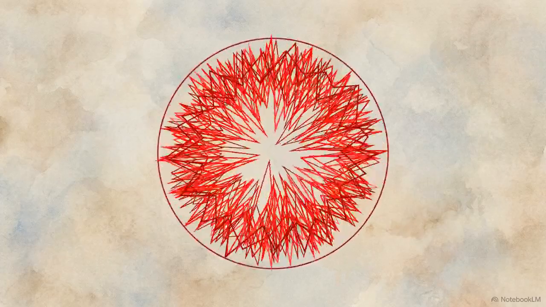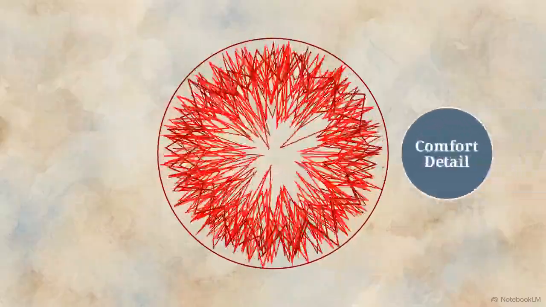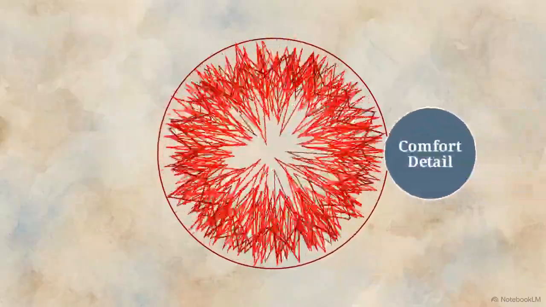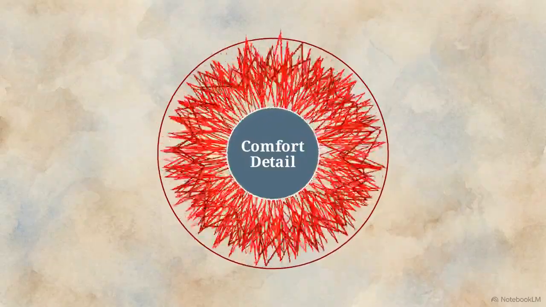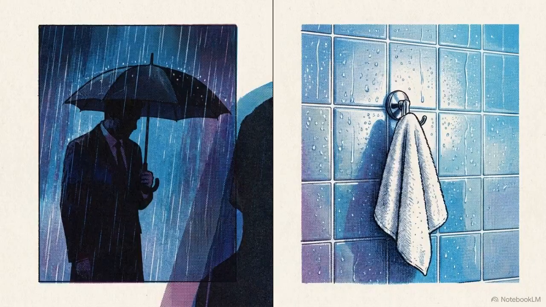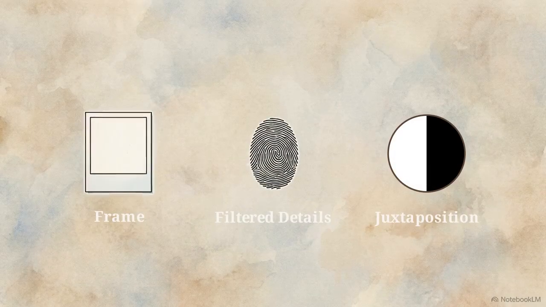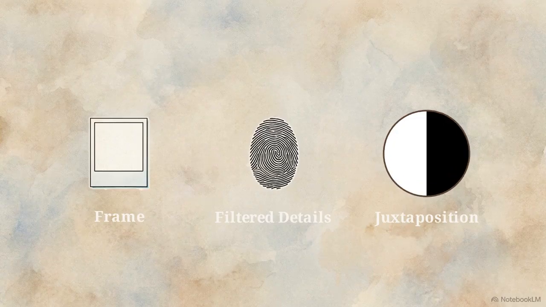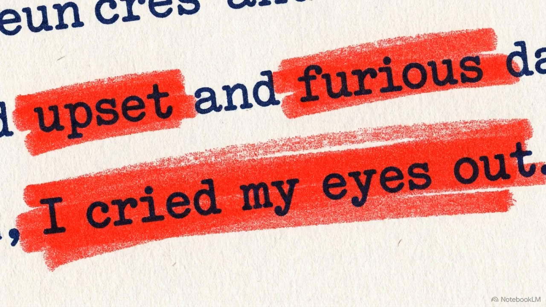Look at the memory you selected earlier and identify one ordinary or comforting detail that directly contrasts with the main conflict of that memory. Engineering a collision of opposing visual elements forces the reader to experience the emotion without being told what to feel. Step 5 is drafting the hook. Take your chosen frame, your filtered details, and your juxtaposition, and combine them into a 3 to 4 sentence opening. To keep the writing sharp, avoid emotional labels like sad or infuriating, and skip cliches like tears streamed down my face.